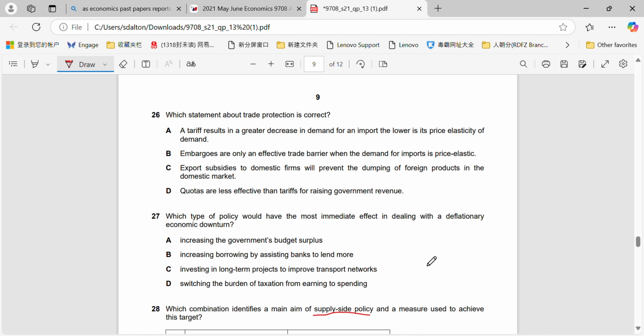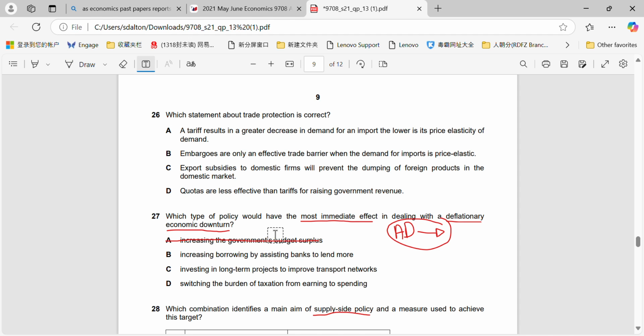Okay, 27. Which type of policy would have the most immediate effect in dealing with a deflationary economic downturn? Okay, so the same thing here. Deflationary economic downturn, we are looking to move aggregate demand to the right in order to deal with the deflationary downturn that has happened. So increasing government budget surplus, that would definitely not work, because that would result in government